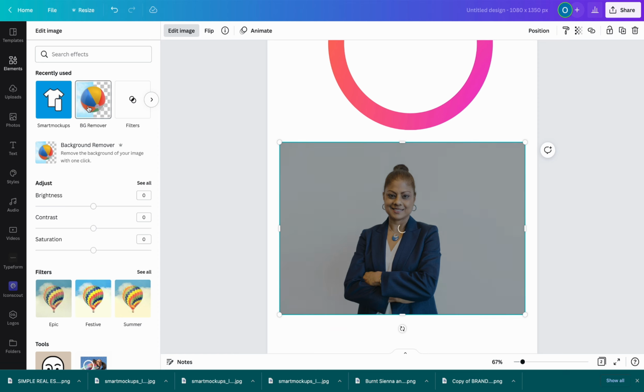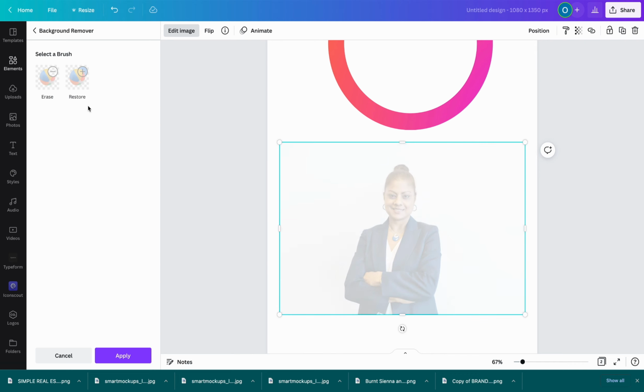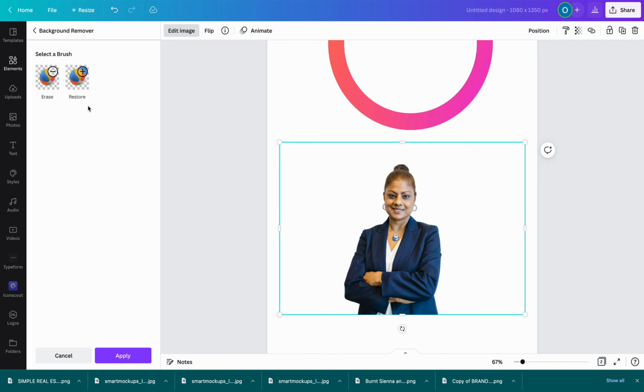Okay, so if you are a pro user, you can also remove your background with just a click. But if you are a free user, do not worry yourself, do not be bothered. It's as easy as ABC. I described how to go about some of these things in the first video, how you can go on Google and search for any image you want. Just make sure that you search for a good image and it does not have a watermark, and you are good to go. Okay, so now that I have my image,